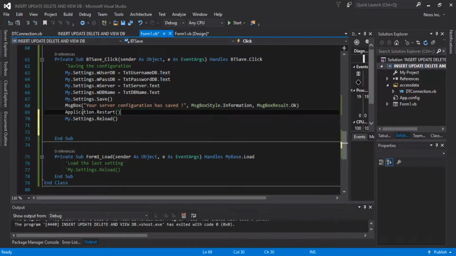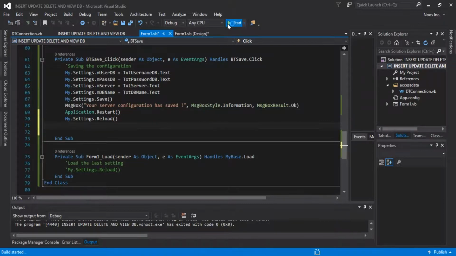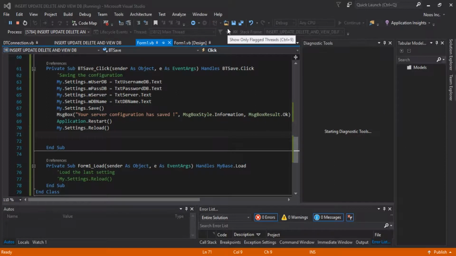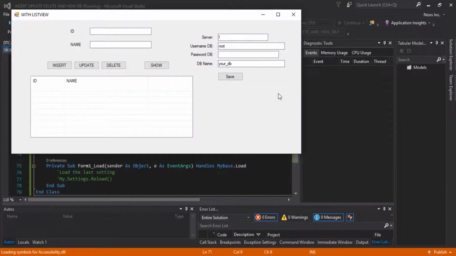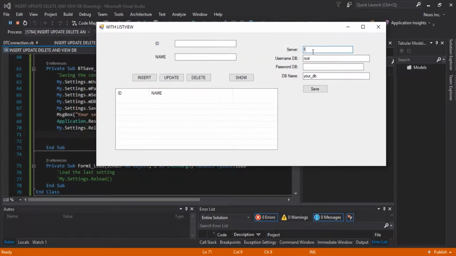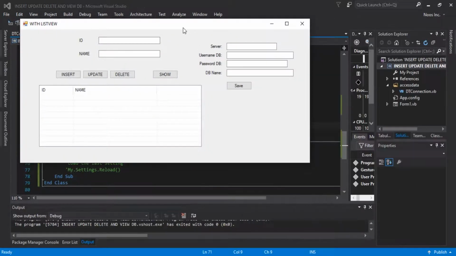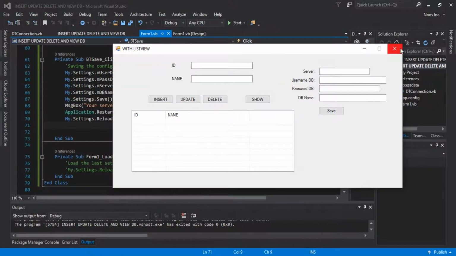If it's like this, I'm sorry guys, I don't understand why it's not showing after I save. Okay, it's no problem, but